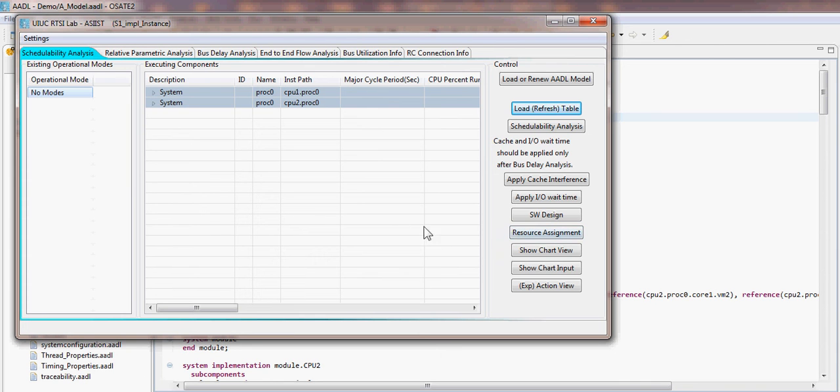Hi, this is the second demo for ASIIST. In the previous demo, what I showed was creating software components such as processes and threads. And then I also showed making logical connections, data exchange between these threads. And then I also showed how we would assign these software components to hardware components that execute these software